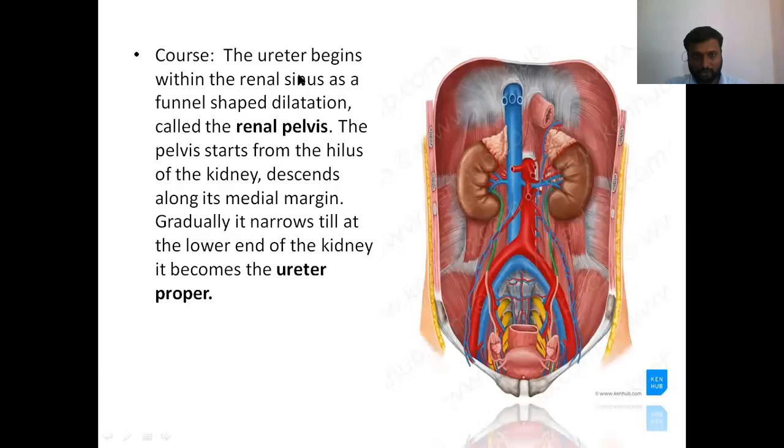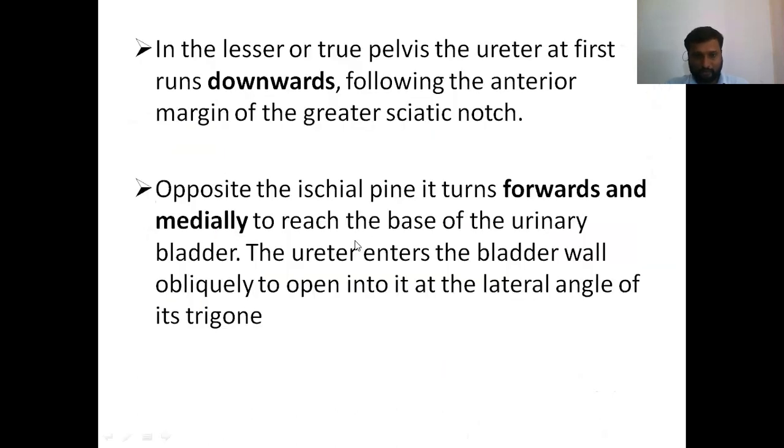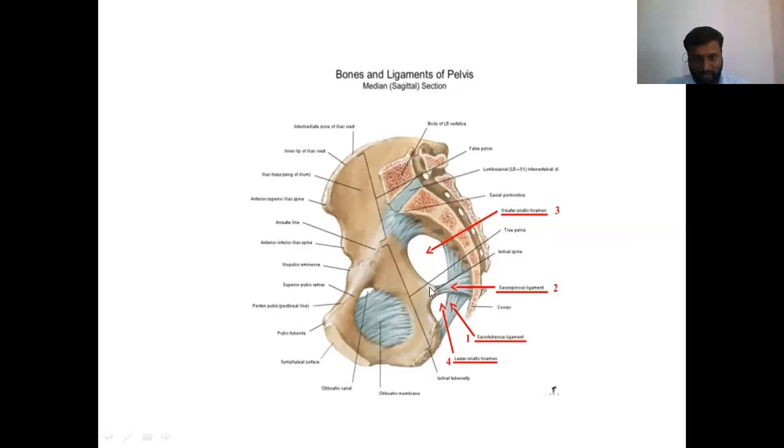Then the course. The first part of the ureter is known as the renal sinus, where it lies. The upper part of the renal sinus is seen in the renal pelvis. Then the lower part descends along the medial margin of the kidney. At the level of the lower pole of the kidney, it is known as the ureter proper. This ureter proper first runs downward over the psoas major muscle, crosses the common iliac artery, and enters the true pelvis. Inside the pelvis, it runs downward along the anterior margin of the greater sciatic notch, and at the level of the ischial spine, it runs forward and reaches the